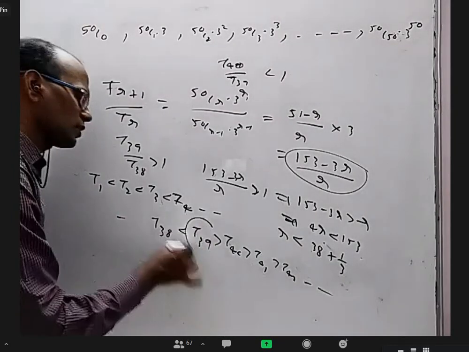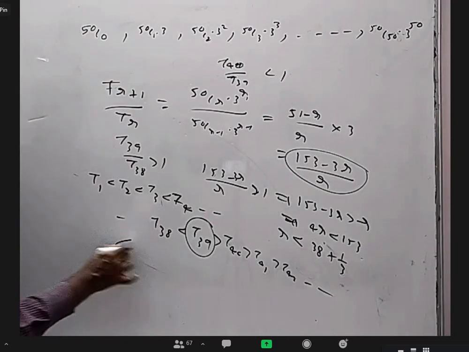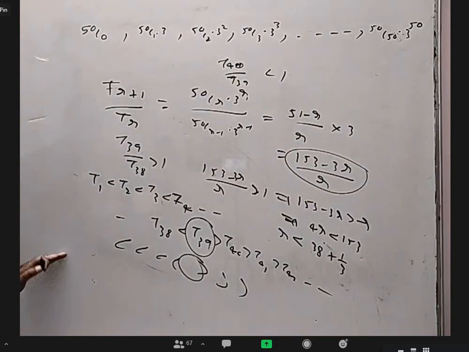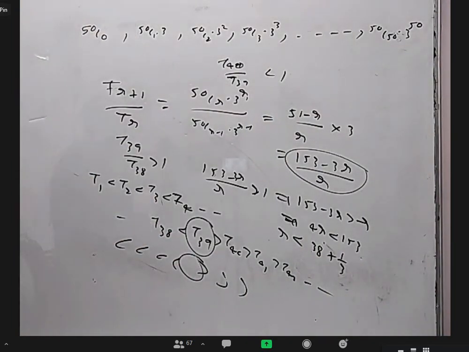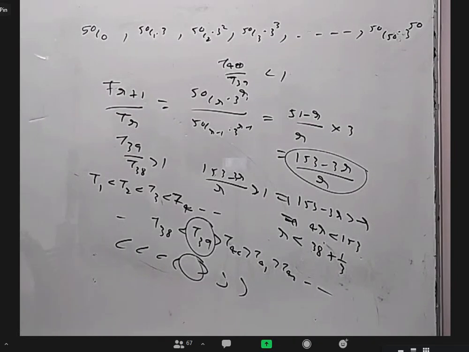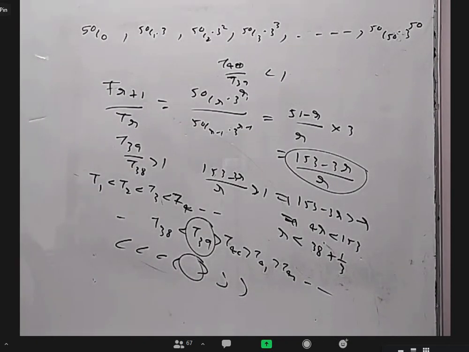So which is the greatest term? T39. You can see the inequalities: less than till somewhere, greater than after that, which means this is the greatest. The value is increasing, and the 39th term, not the 26th term, is the greatest. Normally the 26th term is the greatest only in a plain binomial, but here it is the 39th term. Is it clear? Yes, sir. So this is some idea: numerically greatest term. This is one topic. Tomorrow I'll discuss it. We'll stop for today. I just gave the hint about it.